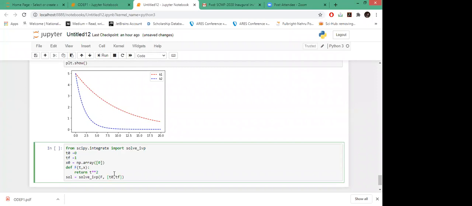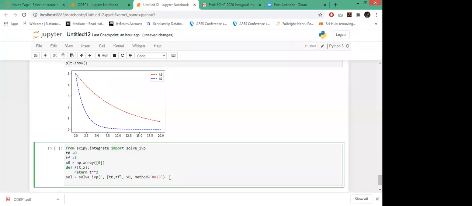Okay, this interval and the initial point, and then here you can pass the method. You can change the method, there in the documentation we can check what other methods are available. So here I am using RK23. This is for the Runge-Kutta method. Okay, second order Runge-Kutta method.